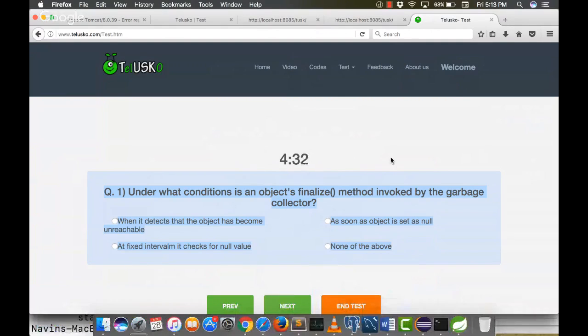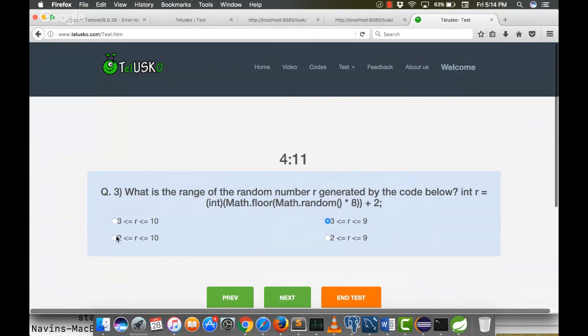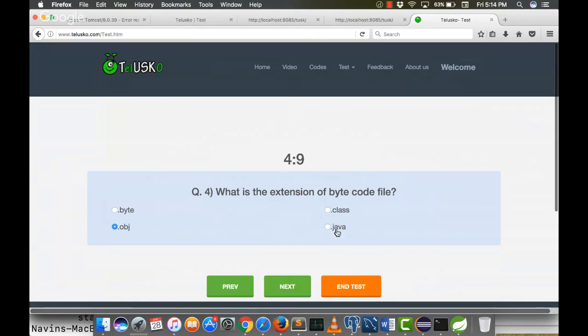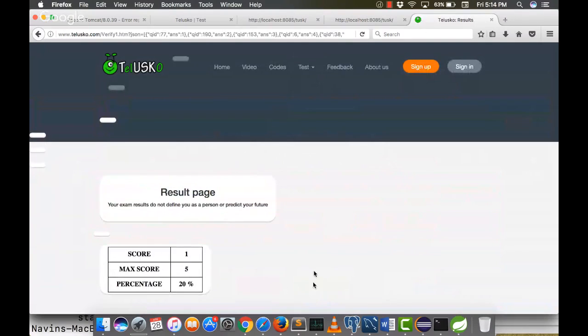So see, we have a database, right? The database will be on the server, and we have to write Java code. Using that Java code, we will return those 5 questions in JSON format. In your design, you have to read that JSON format. For example, if I give answers here, I say next, next, next, next, so I'm giving 5 answers. Then if I click end question,